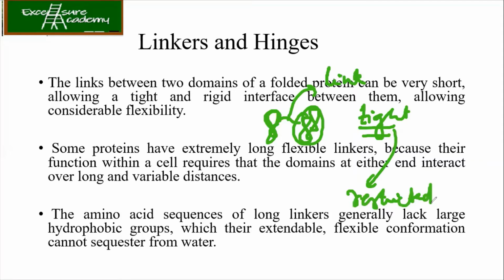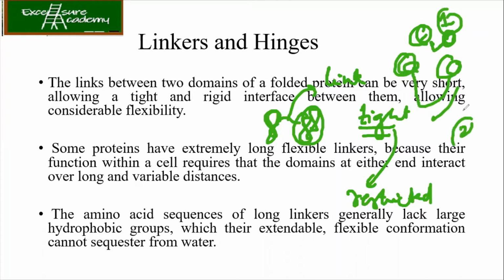If suppose the length of the link is high, or if it is more, what will happen then? More space will be taken by the two domains in order to bind any receptor. So they can have more movement as compared to having shorter linkers. Are you able to imagine this? Yes, ma'am. Suppose you have two domains with this much small region, and then two domains with this much. So who has more movement? The second one as compared to the first one. Yes.